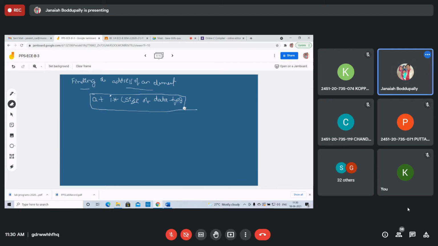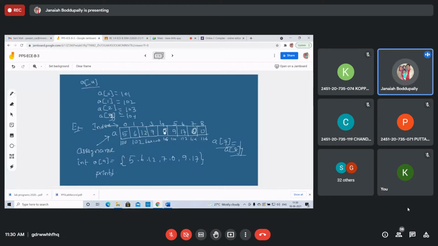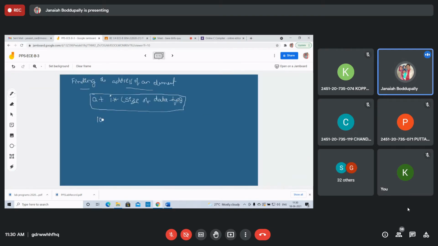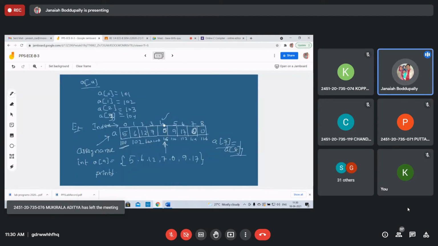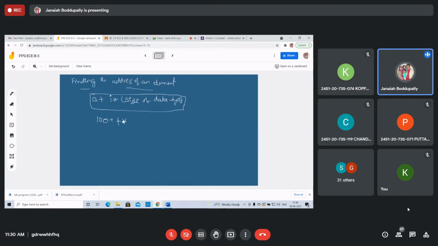See the previous example: index 4, the fifth element. How can you calculate its address location? Base address is 100, plus I, the index of that element, is 4, into the size of the data type.